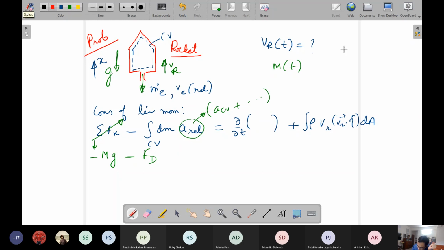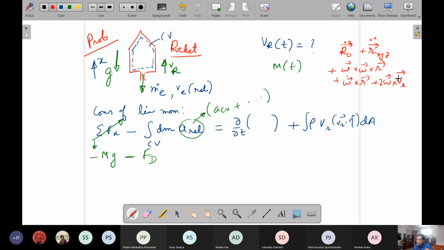So one was this R double dot. This is important. This is the acceleration of the control volume plus R double dot with respect to small xyz. These are the linear terms, and the angular terms: omega cross R plus omega dot cross R plus 2 omega cross the relative velocity.